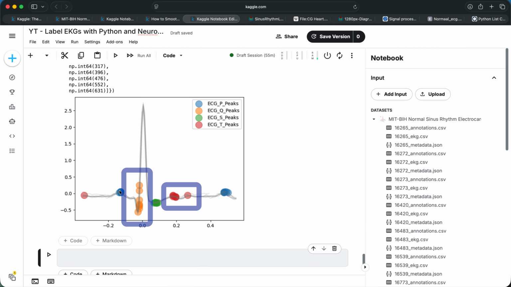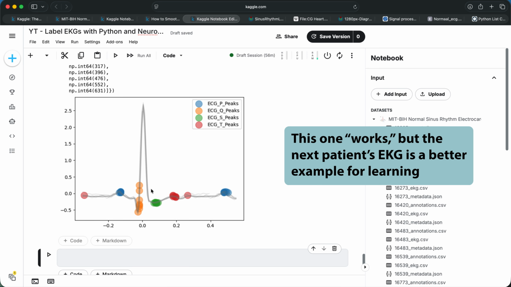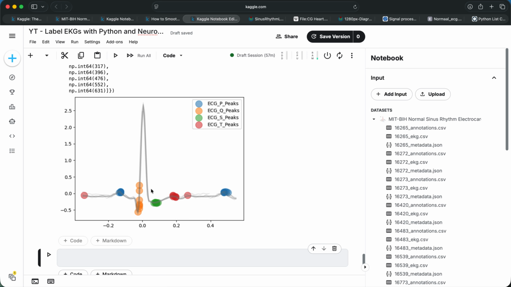There are some improvements that could be made. The algorithm is not perfect. It's harder for computers to find waves on some people's EKGs than others. Let's show you one where it does work. We're going to run this whole notebook with a different person's EKG and show you what happens when there are